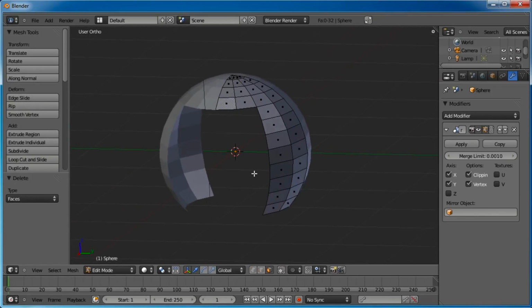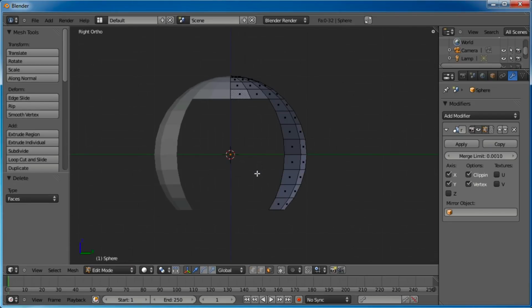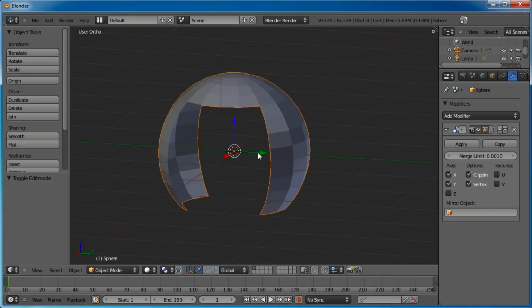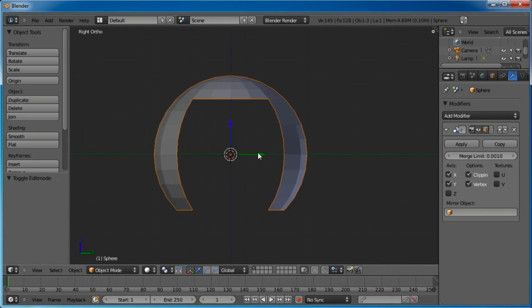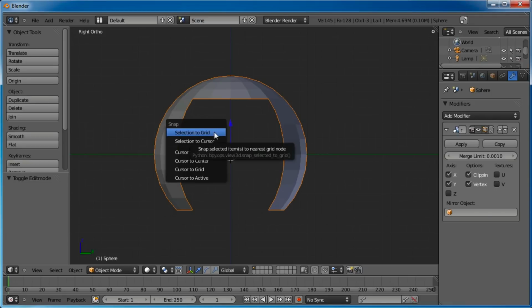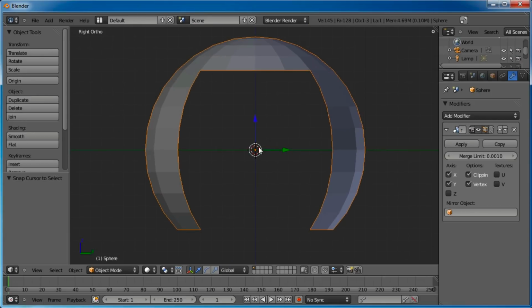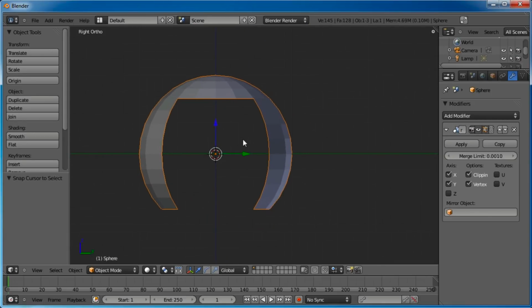It'll keep going. Now, in order to set it up to look like it's supposed to, we need to do a couple of things. First thing I want to do is make sure our 3D cursor is still set to our model. So just go Shift S, cursor to selected, and in my screen it's already set there. And now we're going to